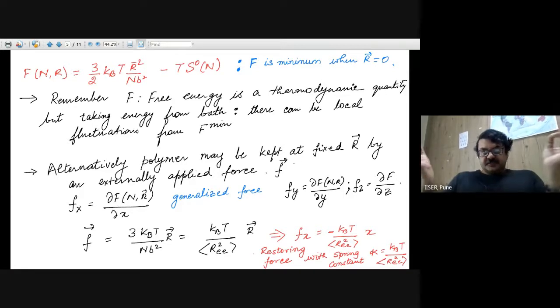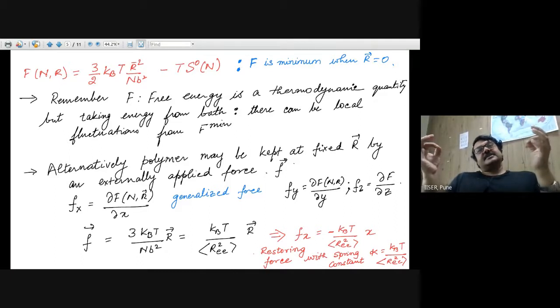So this is the force that has to be applied to keep a finite value of the end-to-end vector R. In general, in 3 dimensions, the force vector F can be written as 3 kBT by N b squared times the R vector, right? So you're basically taking the derivative of this with respect to Rx, Ry, and Rz. And this in turn can be written as kBT by the average of Ree squared, because N b squared by 3 is nothing but Ree squared. So this is the force that you are applying to keep the polymer stretched so that